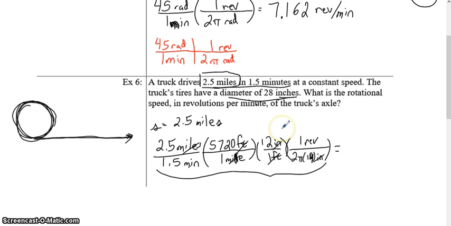So multiply across the top again. If you have got it inspired, this is where that fraction bar makes a huge help. 2.5 times 5720 times 12, and then we're dividing by 2 times pi times 14. So that's just this. Oops, I got to multiply by the 1.5 in the denominator. So the tire rotates at 13